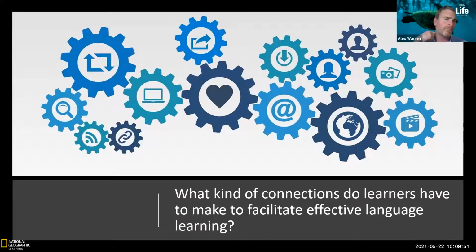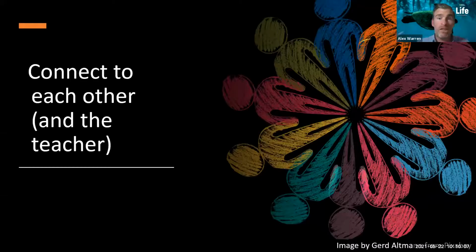But we're going to start with maybe not the most important. We can argue which is the most important later on, and is in fact something you will be doing in the breakout rooms. But for me, the primary thing that we need to do is create connections between the students and also the teacher. So connecting to peers, connecting to the teacher, because building up a rapport with your learners, between learners, will allow them to feel connected to others in their learning community. They need this to feel safe, to feel secure, to feel supported in their learning journey.